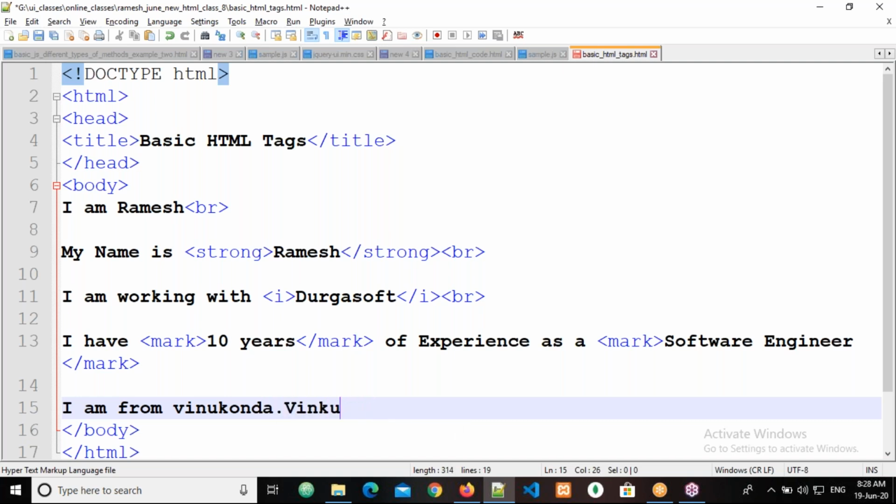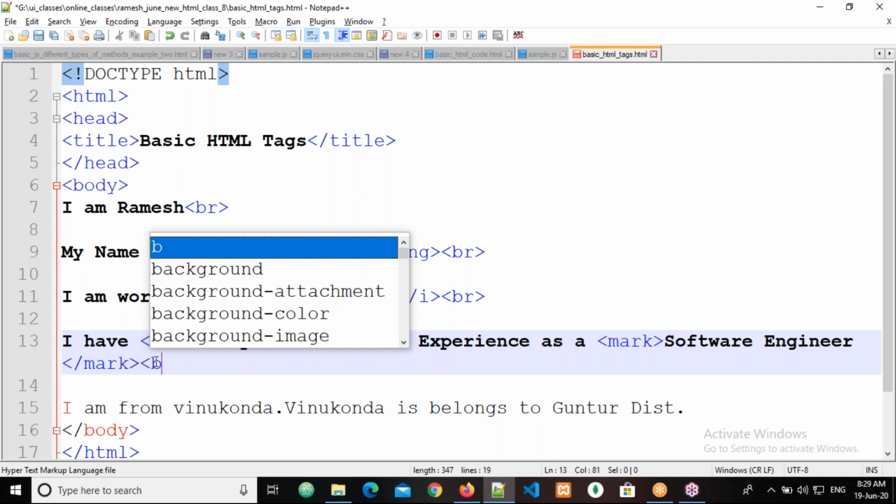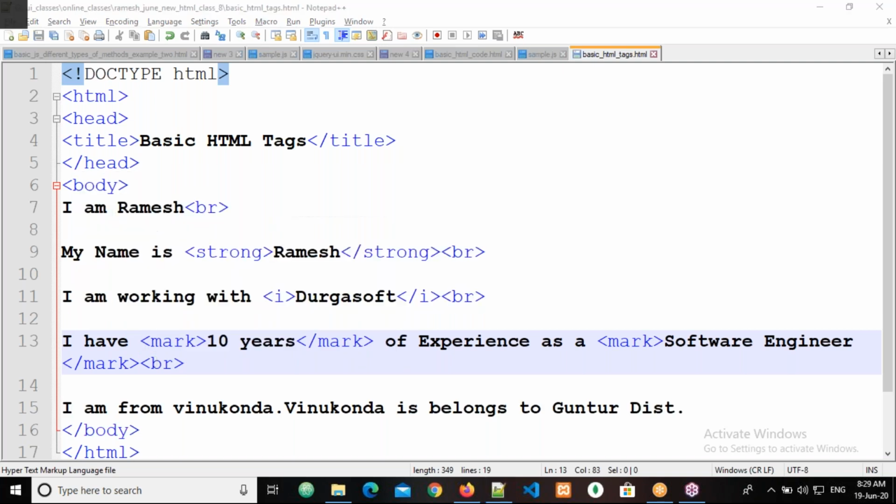Vinukonda is located in, or else Vinukonda belongs to Guntur district. Okay, right. Now I want to highlight this Vinukonda, or else I want to highlight this "I am from Vinukonda".